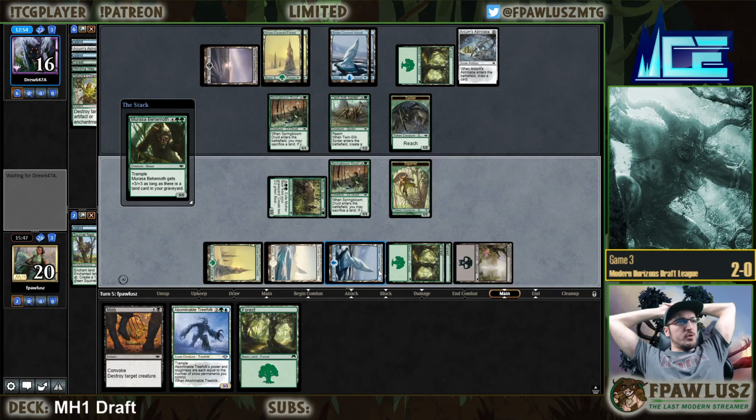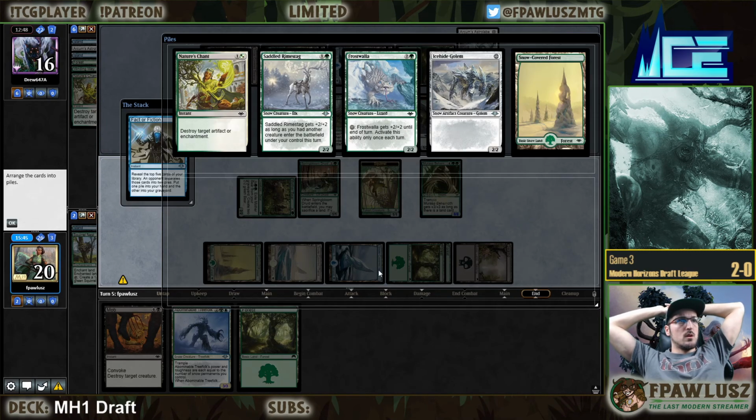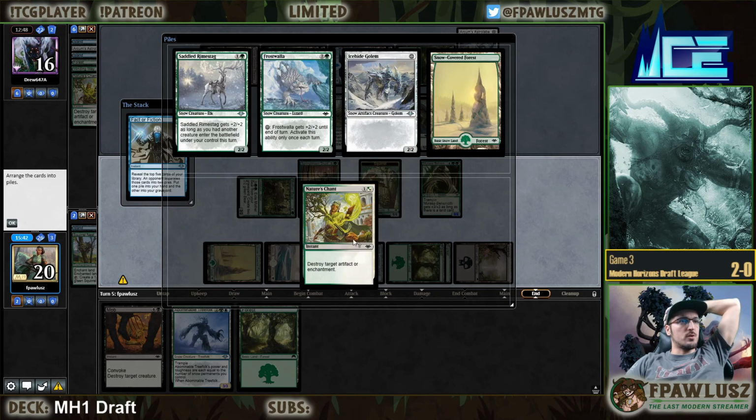We're gonna casually drop an 8/8. See what my opponent has to say about it. They FOF on end step, that's bad for us. What do they do? Those are not great cards though. Well, you can definitely have Nature's Chant. And